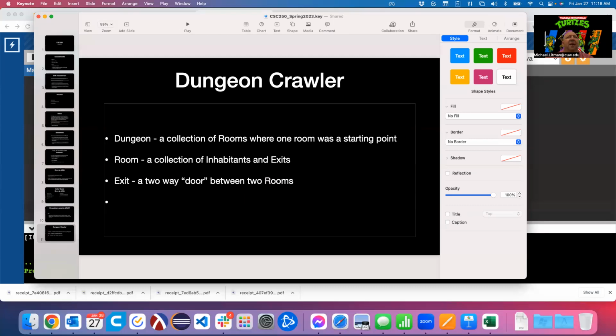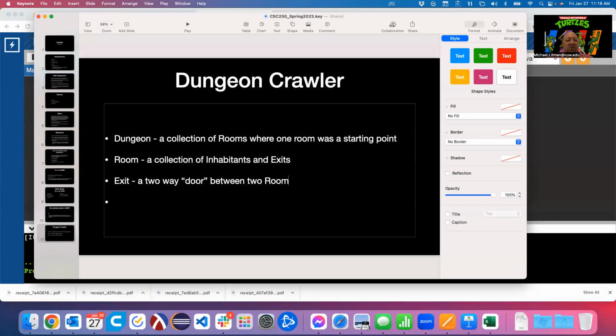I don't remember, did we do exits last semester where a room had an exit going out and another exit coming back in, instead of a single exit that was two-way? Okay. Do we want to do it the other way this time?